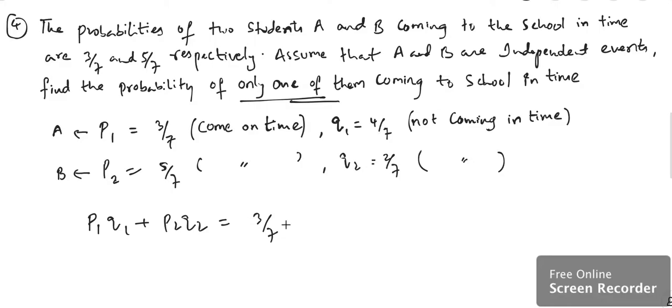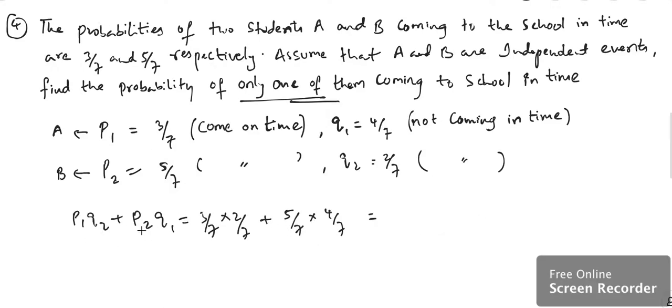So basically you are multiplying to get the answer and getting the sum. That's how your answer would be. Simple. There was a slight correction: P1 Q2 plus P2 Q1, for only one of them, and then the sum of this will be your answer. So the final result is 26